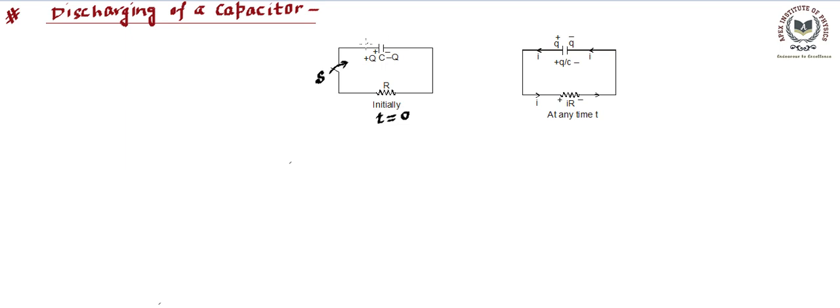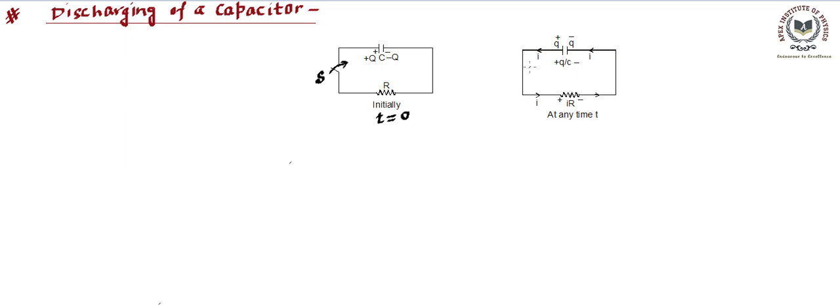Now this capacitor is a device that has a potential difference across it, and since the resistance has no potential difference, the capacitor will start supplying current, and current will move from its positive terminal across the resistance to the negative terminal. So how will this circuit appear after a certain time, at any instant t? The figure will be something like this.